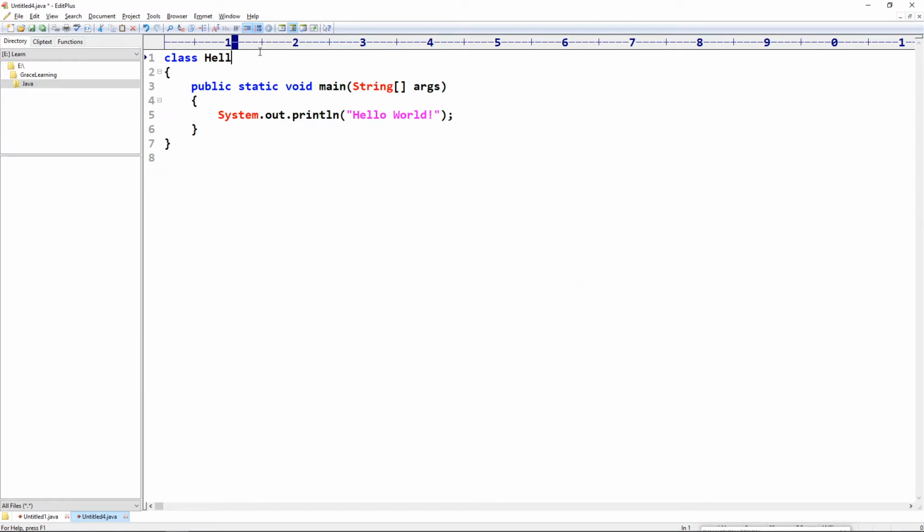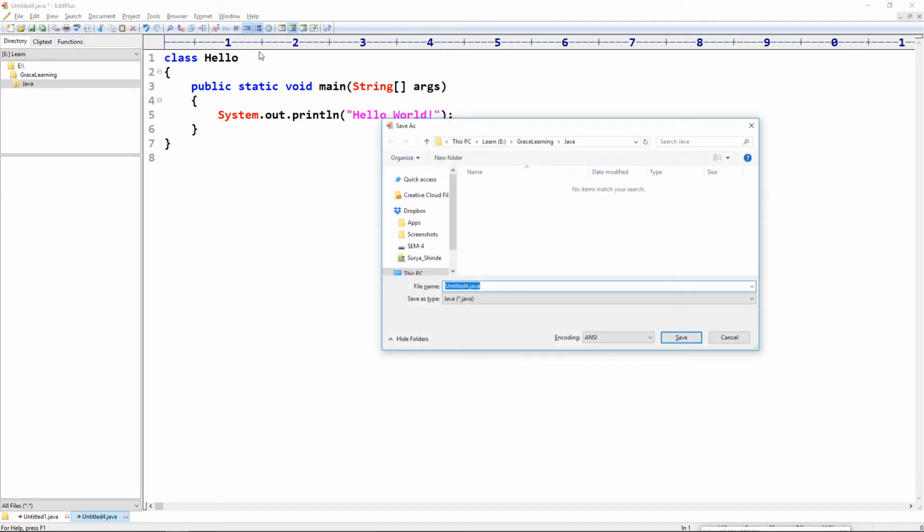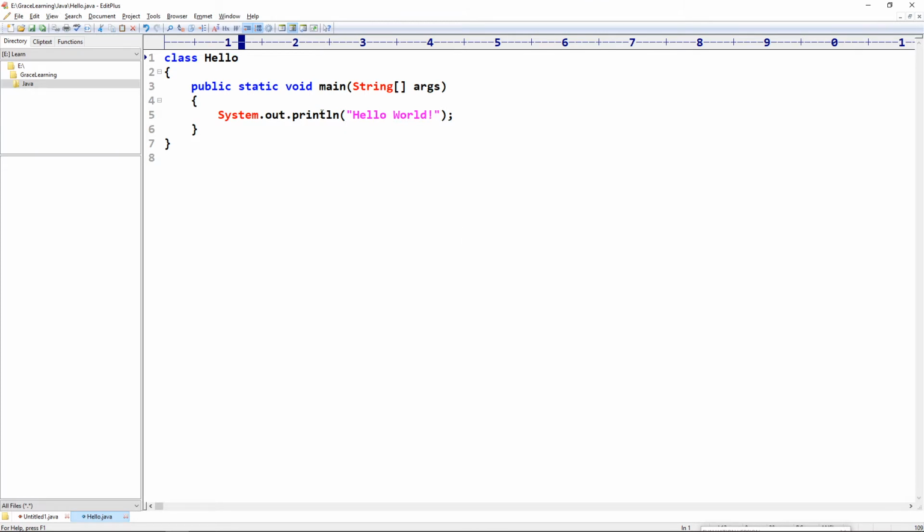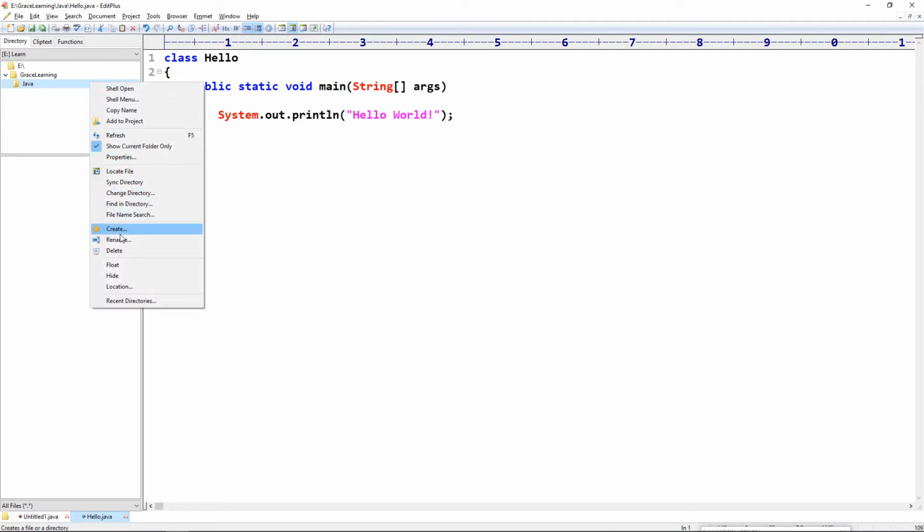Okay, I am creating one class hello and saving this class inside the Java folder with the name hello.java. Now I will create one package p1. To create a new package, first we will create one directory.